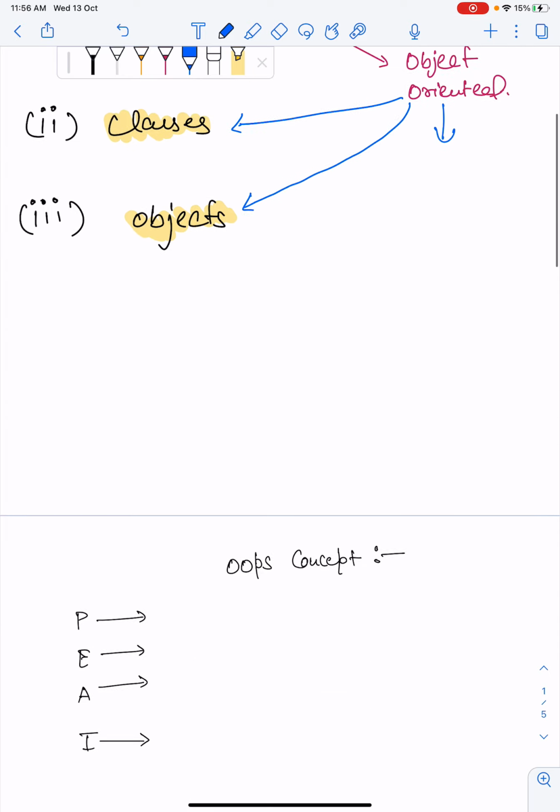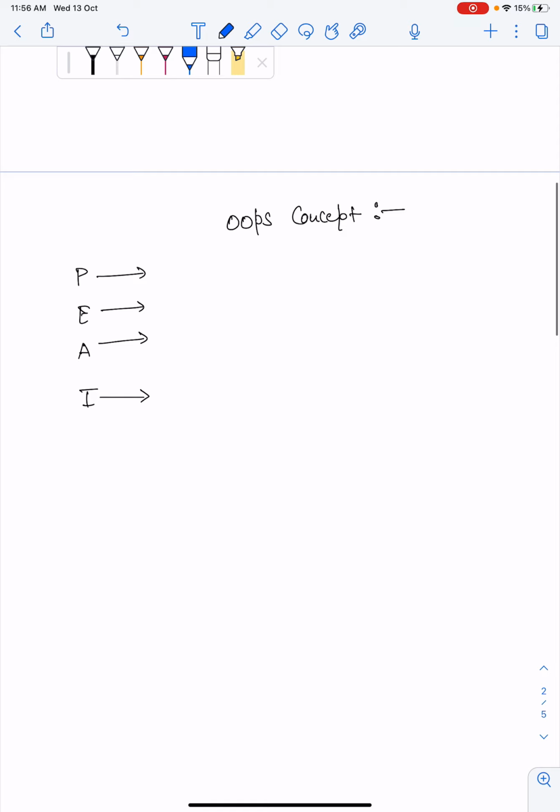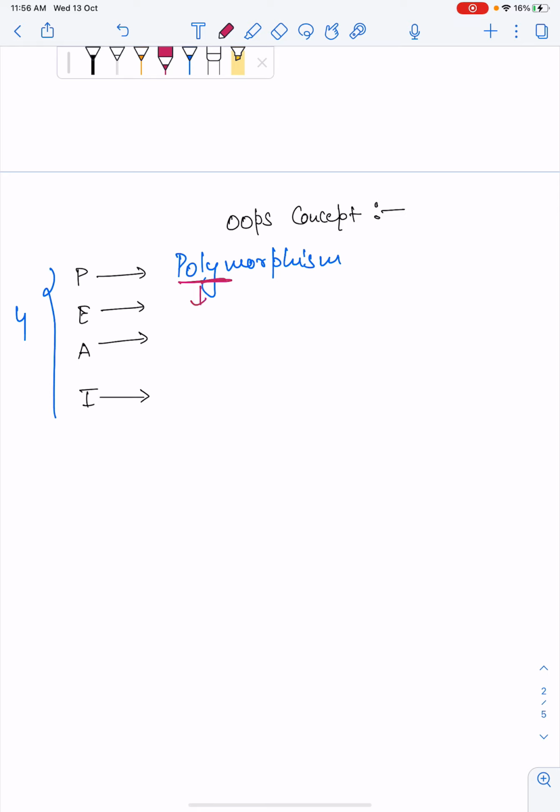We will discuss it further. Now, the OOPS concept basically includes these four. These are the four fundamental pillars of OOPS concept. First one is polymorphism. Polymorphism, basically, is from the word itself. The meaning comes out to be poly is many, and morphs is forms. So many forms of the same function,